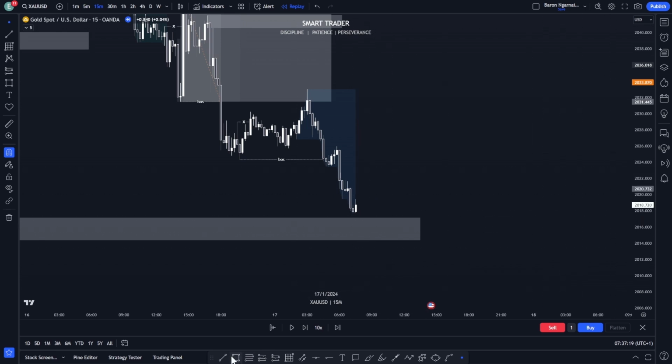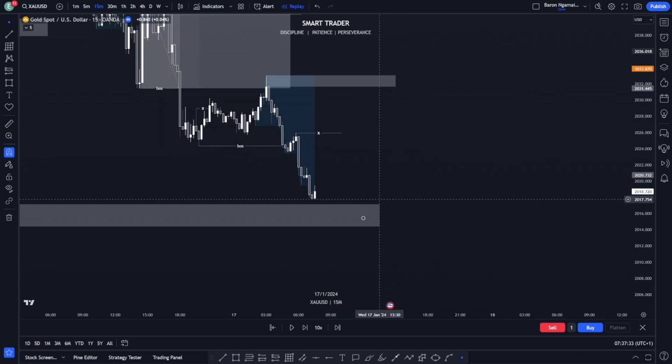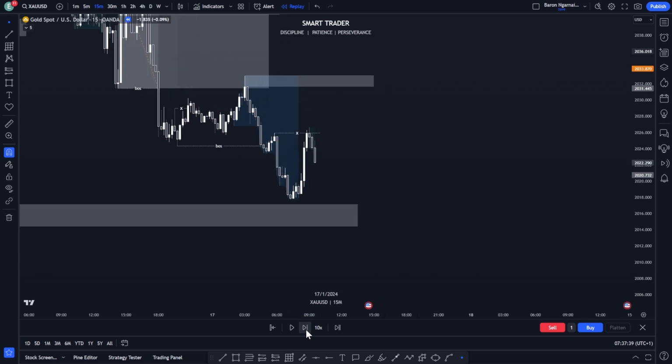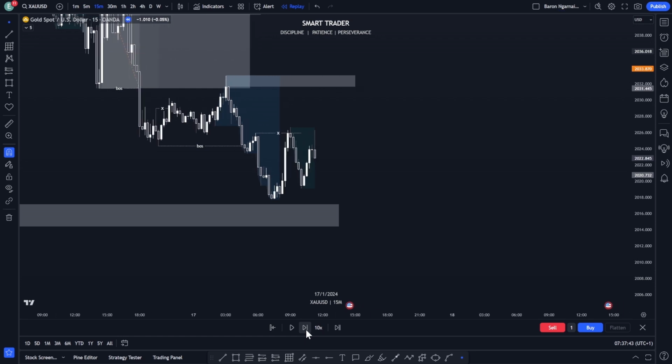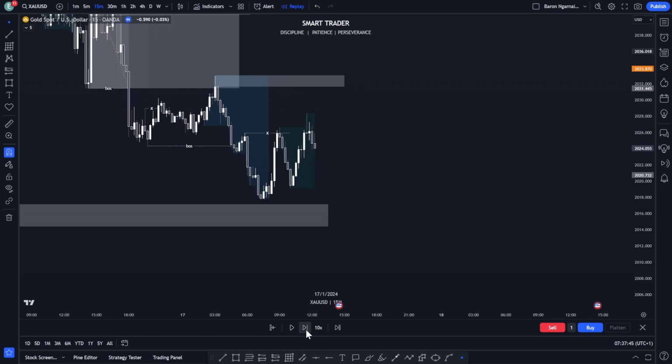Okay, so here in terms of internal structure, the market has created this structure and we have to wait for the market to take this inducement here and maybe mitigate our extreme order block or create a single candle order block. Then we can take our sell based on internal structure. Okay, so here the market has taken out this inducement, and the market is pushing a little bit high,